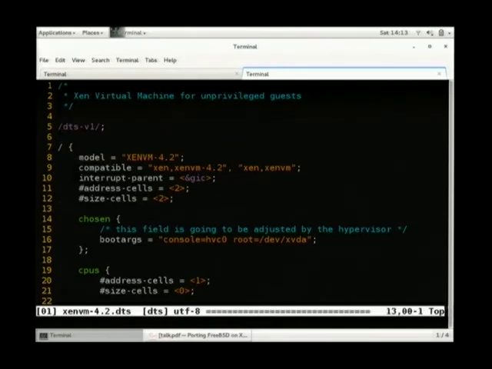This is the device tree for Xen we use to boot a guest.